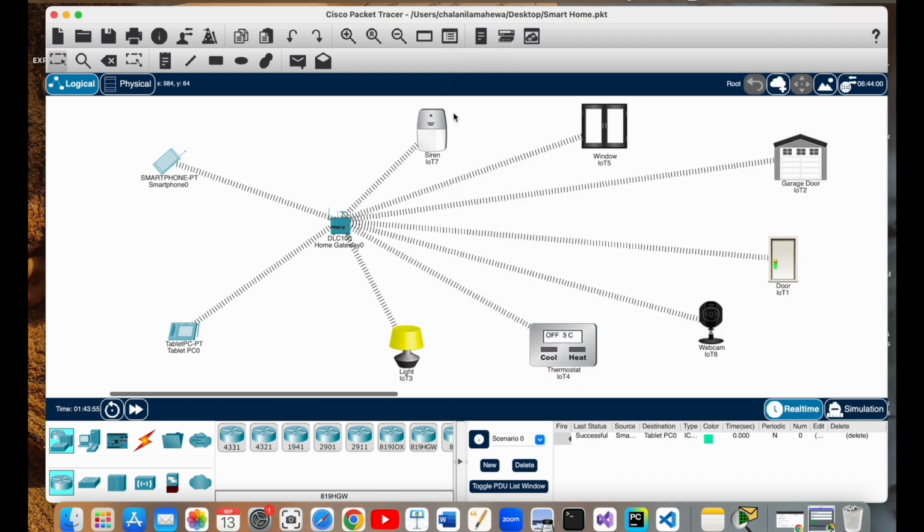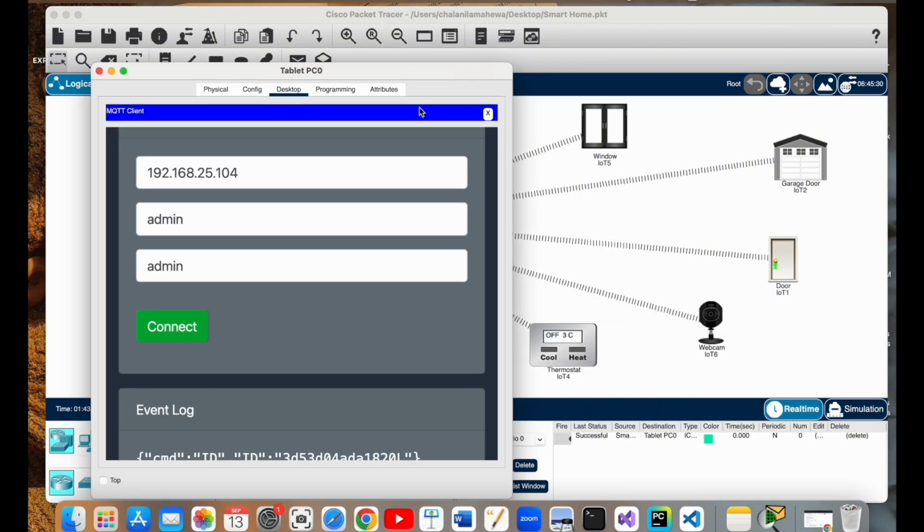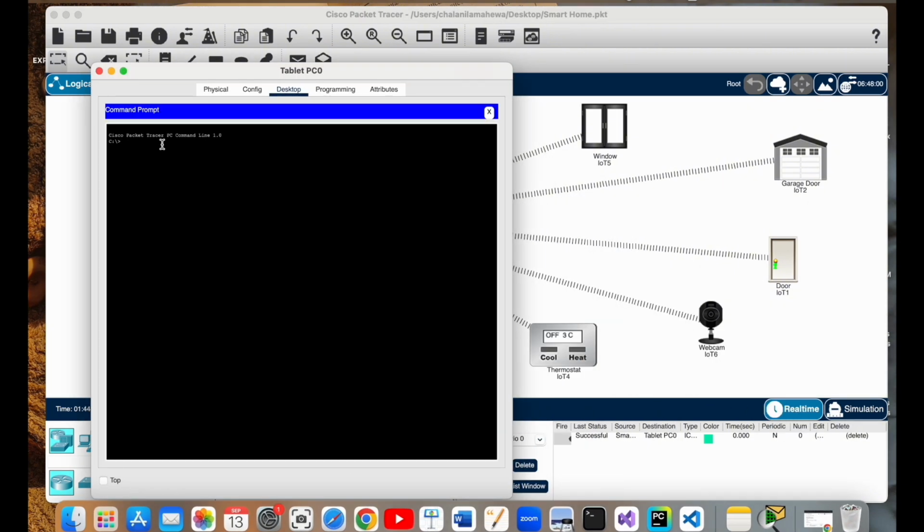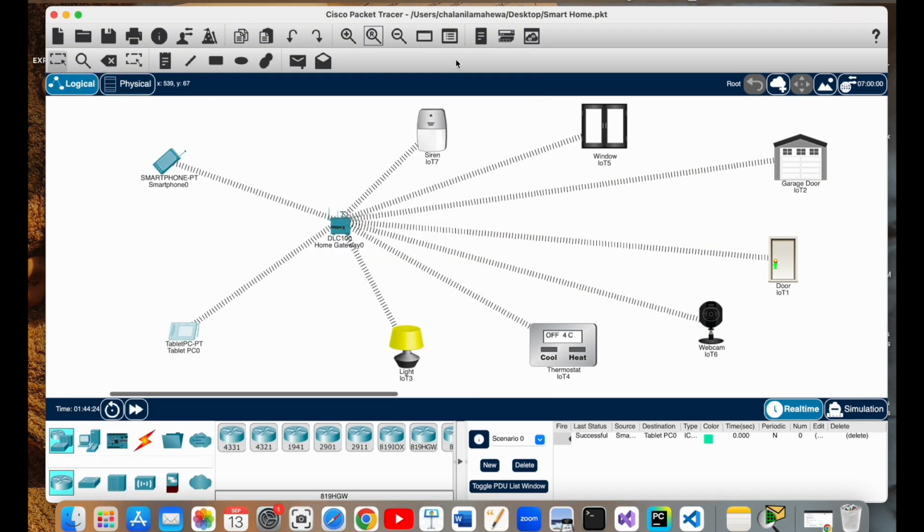We can also try the ping from the tablet to the smartphone. We just have to use the command prompt and ping the smartphone using the smartphone's IP address, which is 192.168.25.104. Now if we run this, we should see how many have been sent and received. As you can see, we have sent 4, received 4, and lost 0 packets, which means our network is successfully